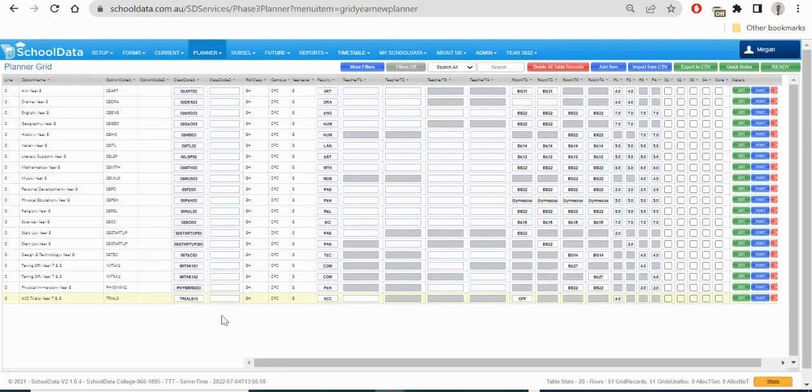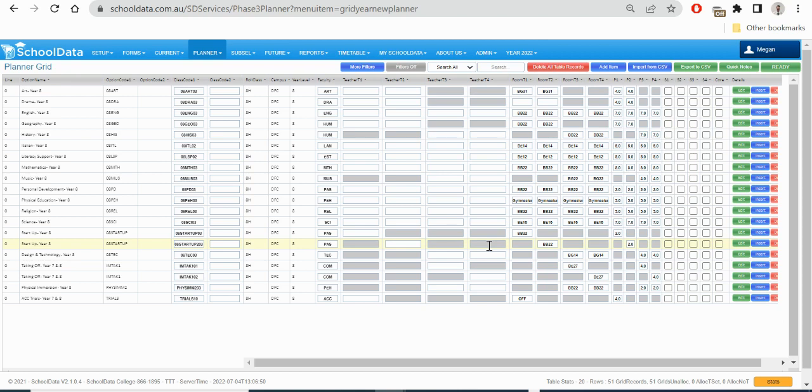In the previous video, we explored how to add classes to the grid via a CSV import. But what if you only want to add a class here or there and it's overkill to run the import? Well, there are two other ways you can add classes. At the outset, I would say that running the CSV import is incredibly easy. So if you have more than two or three classes to add, I would encourage you to use the CSV